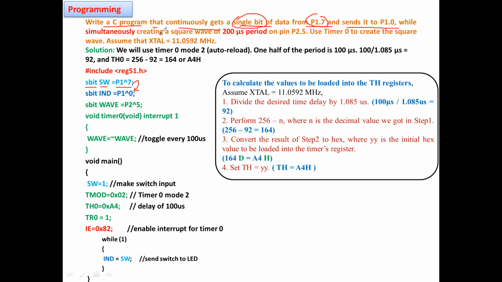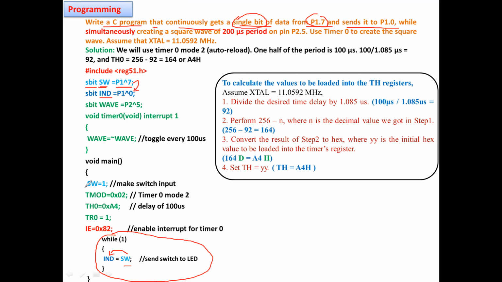Right. So we are going to continuously get this value. We have assigned a variable SW, which is particularly for P1.7. IND is for indication; whatever variable you want, you can put it, just assign it P1.0. Now, you must understand that in the program we have used while(1). Within the main program, this is going to execute infinitely. Whatever the status of the switch, if it is a 1, it will be put here.